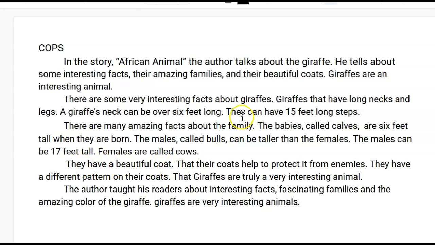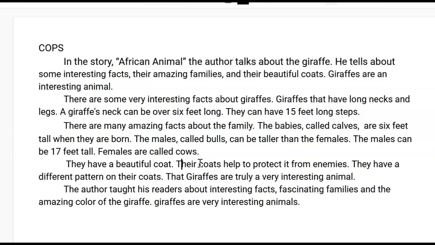Now look at that next paragraph. It should be about their beautiful coats. They have a beautiful coat. Perfect opening sentence. That their coat helps to protect it from enemies. How about their coat? We don't need the word that there. Let's get rid of that and say their coat helps. Their coats help to protect them. Let's say them from